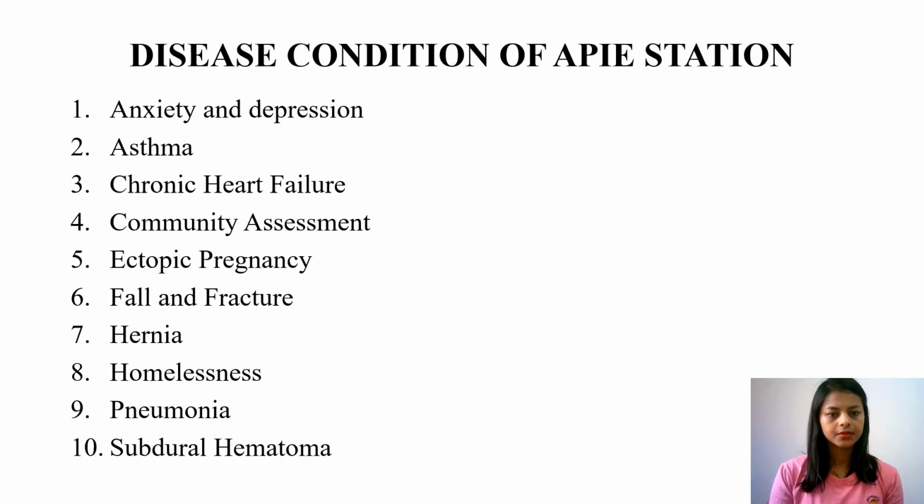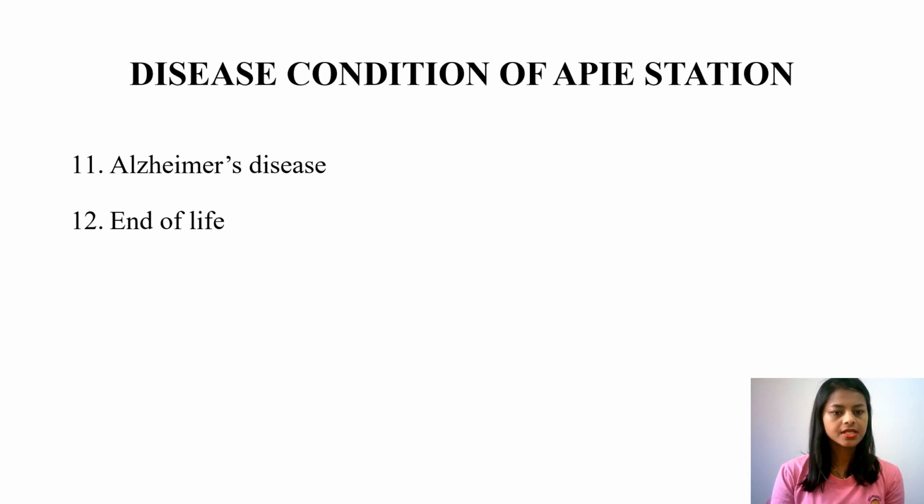So these are the disease conditions of the API station. You can get any one of these conditions. The conditions are anxiety, depression, asthma, chronic heart failure, community assessment, ectopic pregnancy, fall and fracture, hernia, homelessness, pneumonia and subdural hematoma. These two conditions were recently added in September 2022. So if you are going to book your exam now, you might get these two conditions, Alzheimer's disease and